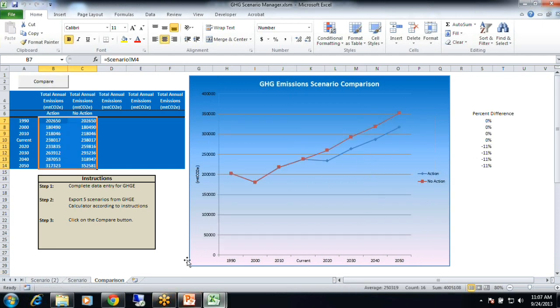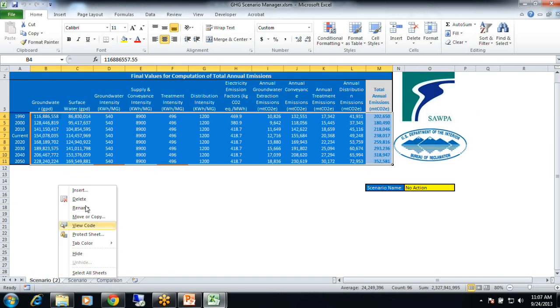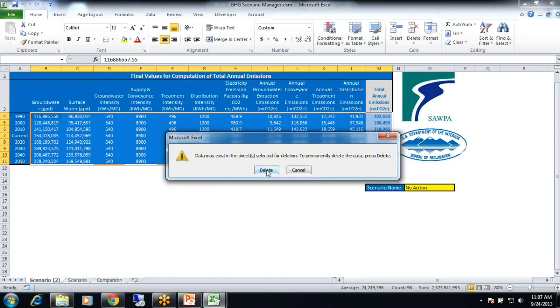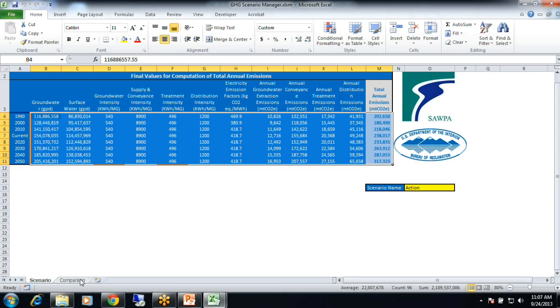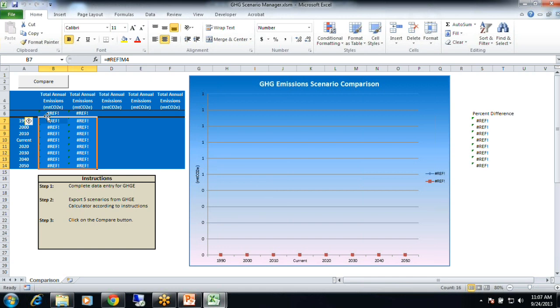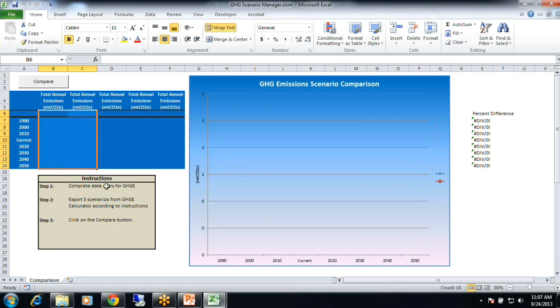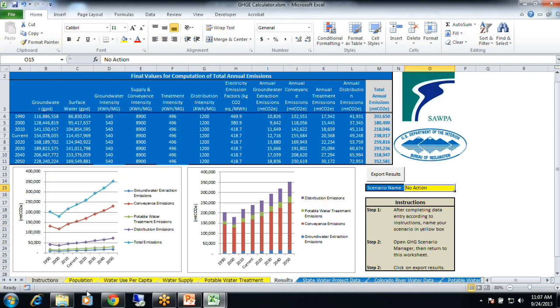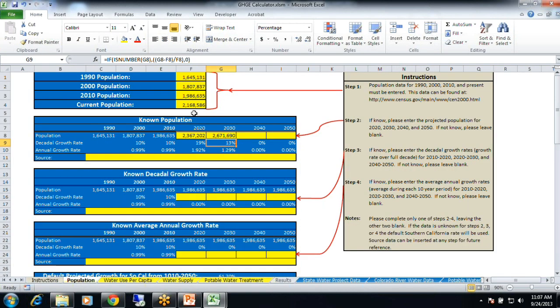But what if we were able to get this suggested water savings out to a larger audience? What could you possibly do with that? So then you can go to your greenhouse gas emissions calculator and go to population. And you can leave everything the same and just say, okay, what if we were able to get this out to twice as many people, or let's say 1 million people instead of the 1.